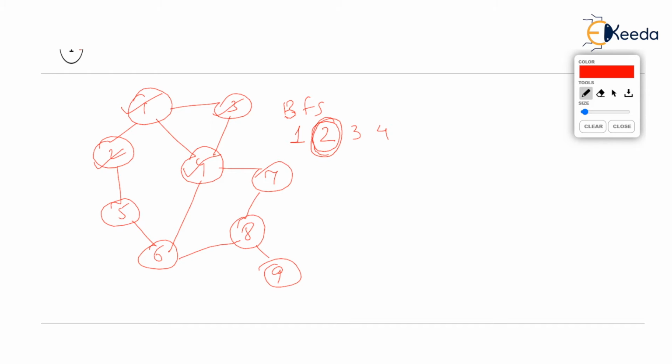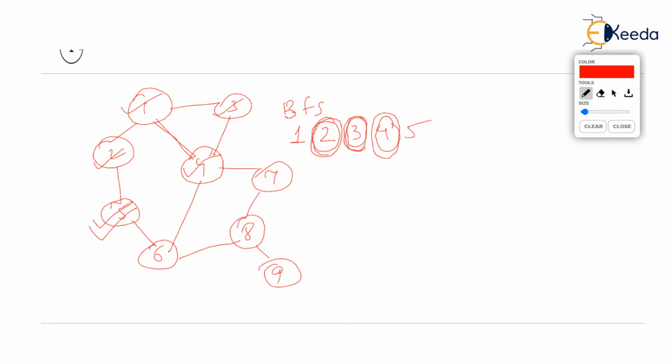Actually, we should print all the neighbors. But among 1 and 5, 1 is already printed or visited. So you will print 5 and mark 5 as visited. Now the next vertex that you printed was 3 in the list. So you process 3. Who are the neighbors of 3, by the way? 1 and 4. And both are visited. So 3 doesn't give us any new vertex in the output. Now you consider next vertex that you printed, which was 4. So who are the neighbors of 4? Neighbors of 4 are 1,